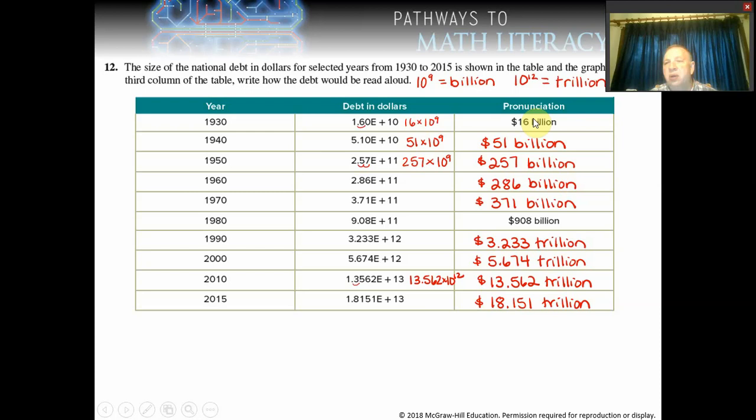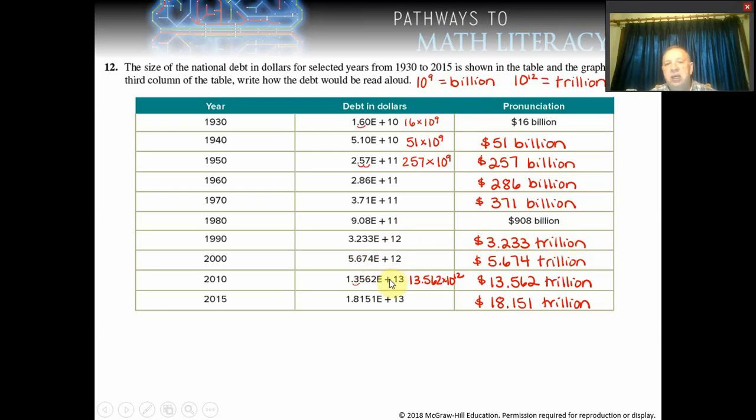The 10 to the 9th I'm going to call billion. Same thing here. It's e to the 10th or 10 to the 10th. Moving it over, 51 times 10 to the 9th or 51 billion. That's the same thing here, but we're going to move it over 2 places to get it to the 9th. So that's 257 billion, 286 billion, 371 billion, 908 billion. And now we get to 12, that's the trillion. So here would be the 3.233 trillion,